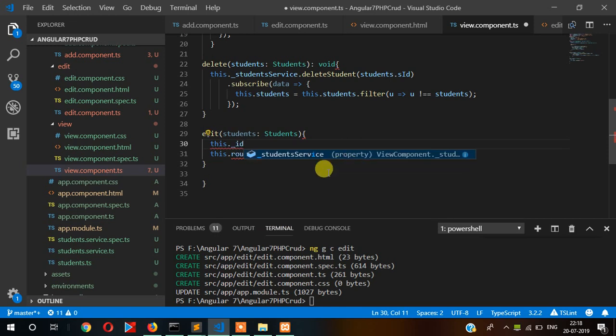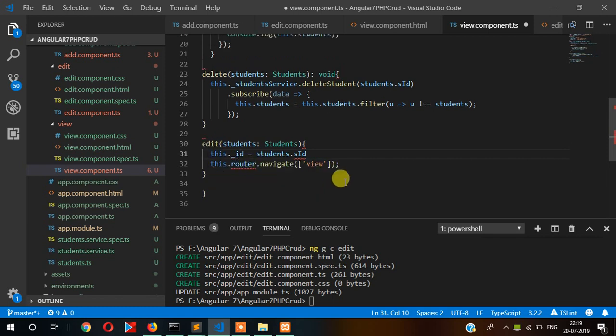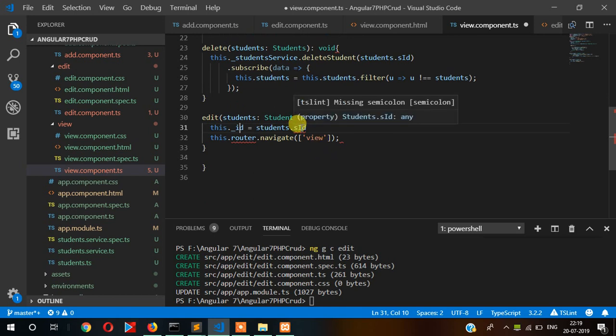We are declaring one variable here. Okay, id is equal to students dot